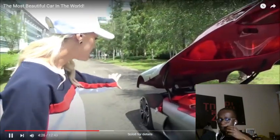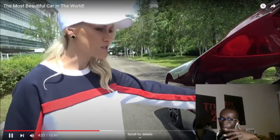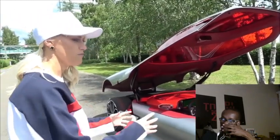And just the lines on. I don't know if that's this. Why did they go with that? This looks more like the Batmobile than anything else. They should have gone with black. That's all I'm saying. It's so sleek that it's meant to be super romantic and all about the future of